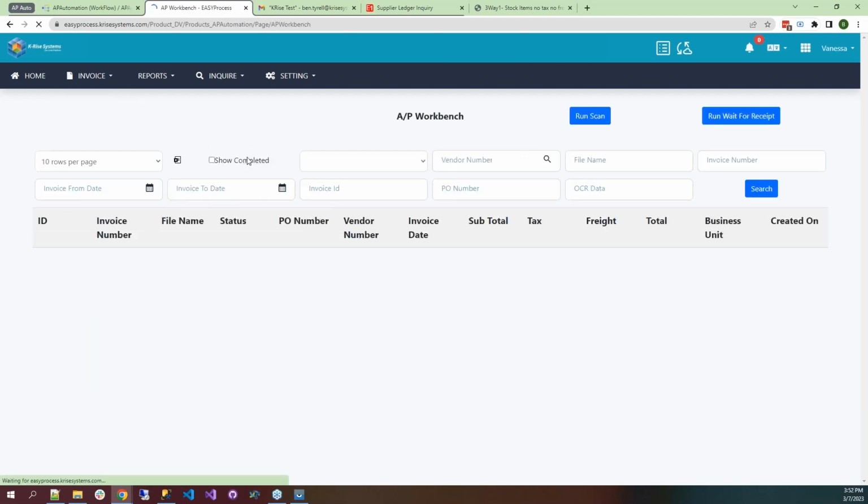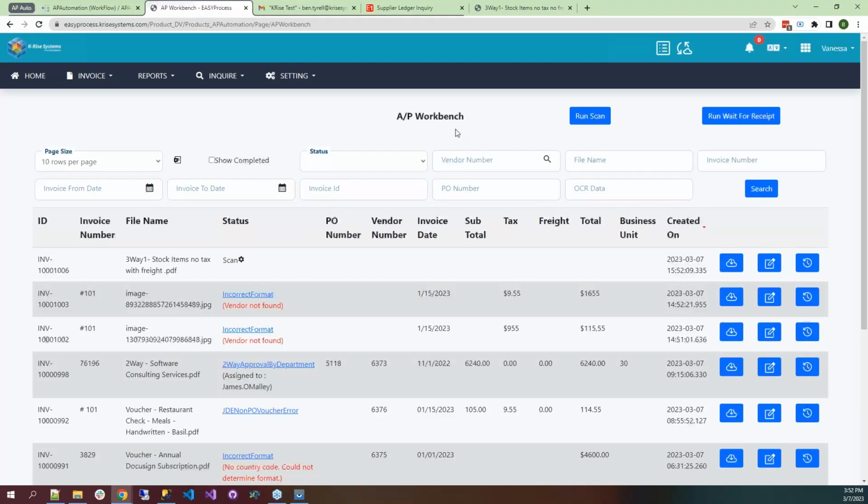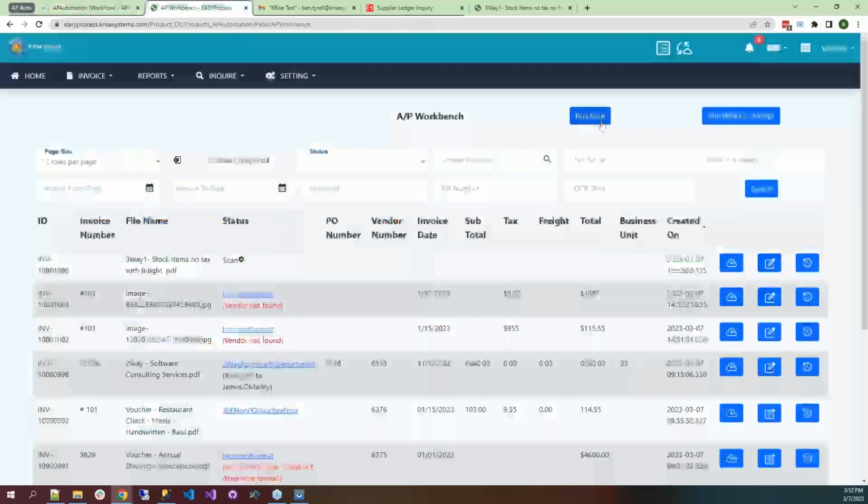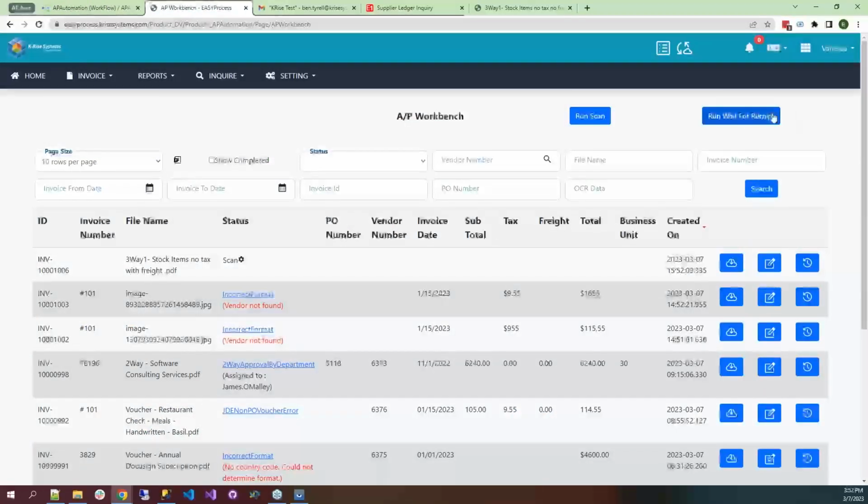And going back to the AP workbench, we also have an option. I think I used this last time, but this will manually run that scan status instead of waiting for the batch engine here. We can also manually run the wait for receipt status as well. So I'll run the scan, and while that's scanning again, I'll go ahead and open up